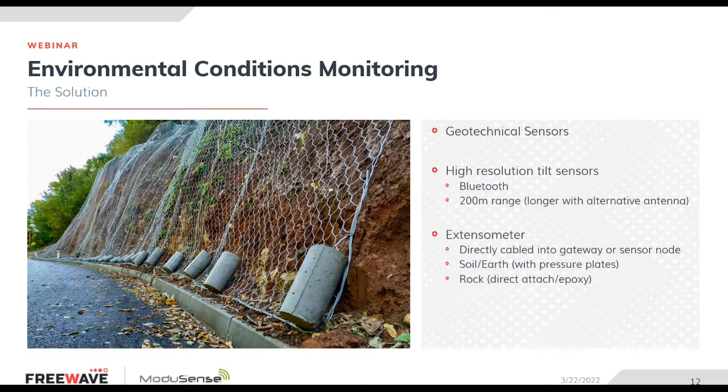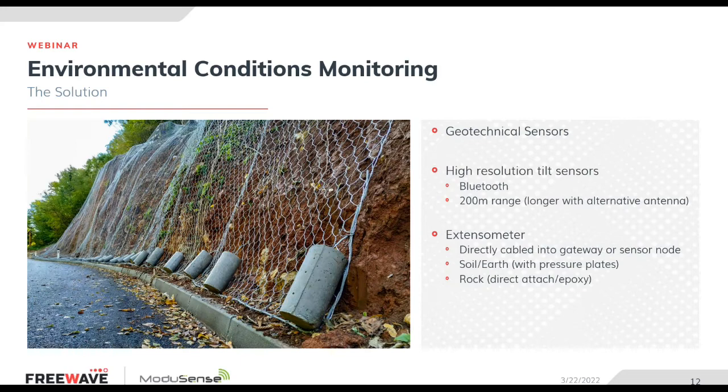So as mentioned, monitoring slips. Now this is an attenuation cage, a pretty simple one, where they install these cages down the side of the hillside to stop rockfall and subsidence and these sorts of things. You can install the sensor. We have a sensor called a high resolution tilt sensor. You can install these on the cage themselves, which means that if the hillside moves or any rocks fall and get caught by the attenuation cage, then that will affect the angle that the cage is sitting at, and the tilt sensor will be able to report a change in inclination, and you can see that on your dashboard